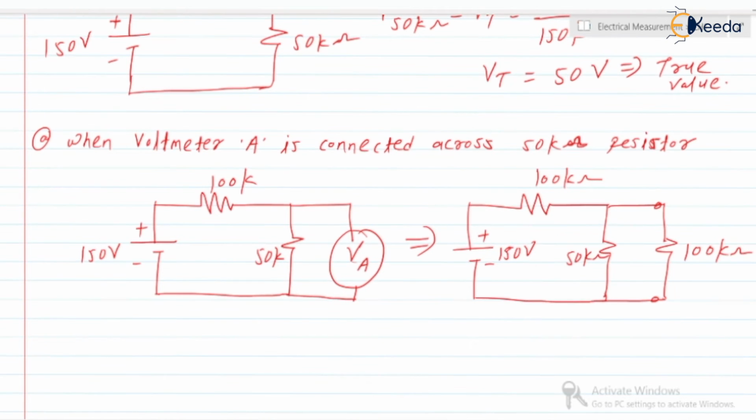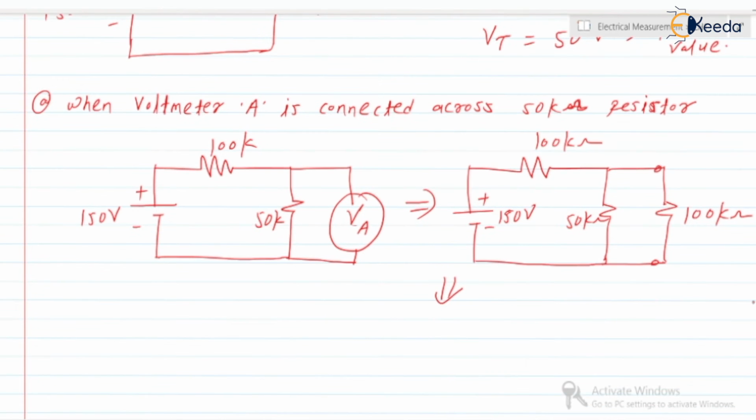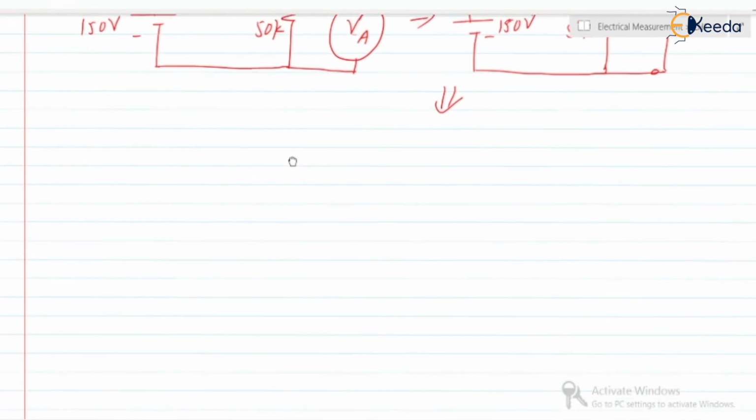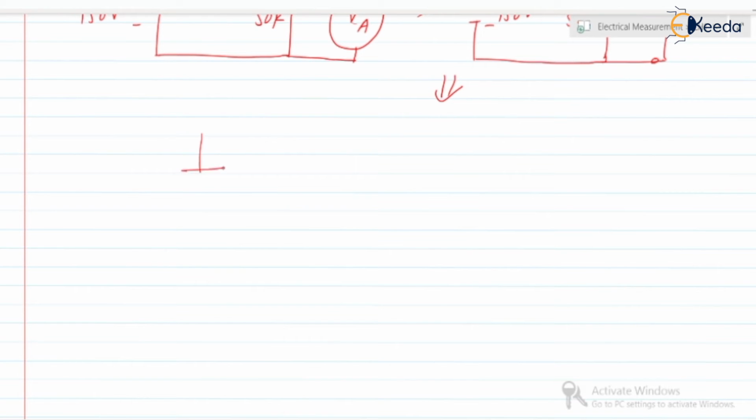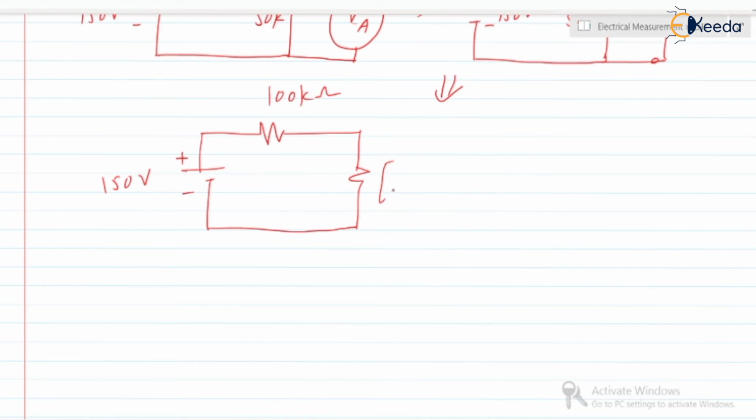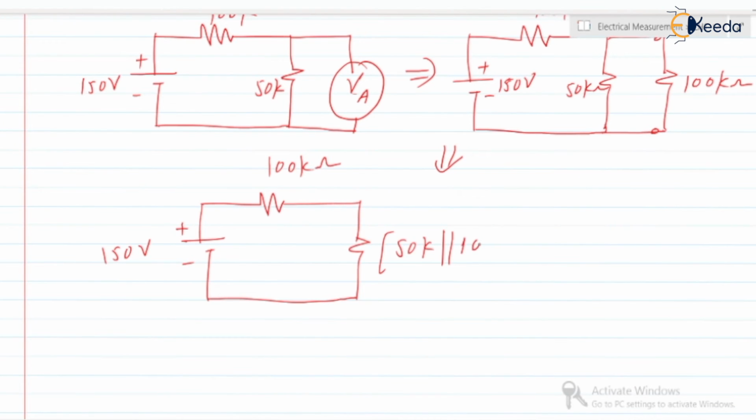Simply, I am using the network analysis technique. So further we can reduce this circuit. I am drawing here 150 volt, 100 kilo ohm, and here the parallel combination of two resistors, a 50k in parallel with the 100k. So 50k in parallel with 100k will be